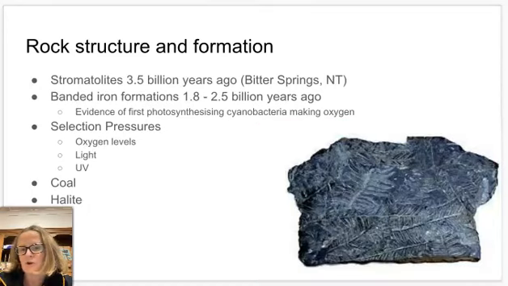Here we have an image of coal. Coal is a sedimentary rock and it forms from very lush, rich plant matter, usually in swamps. When those plants fall off the trees or fall off the bushes or grasses or ferns, they get compressed, but they don't decompose, and they become sedimentary rock called coal. And in this picture here, you can even see fossilized ferns.